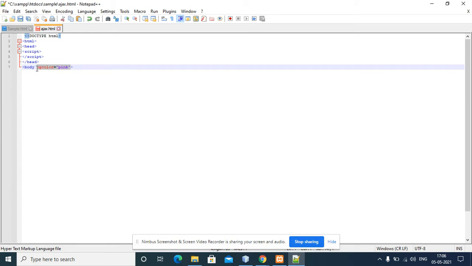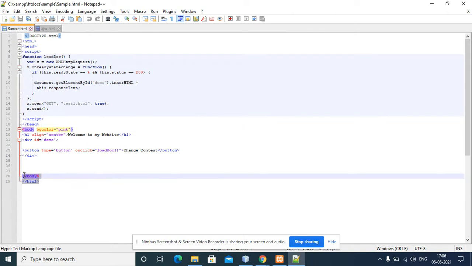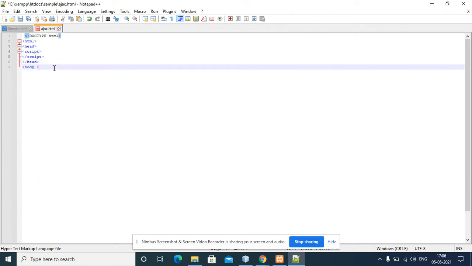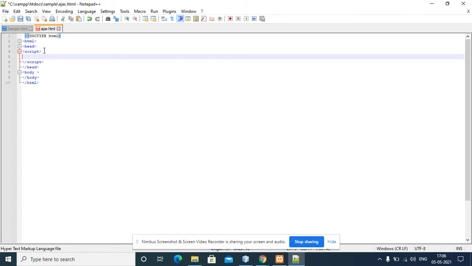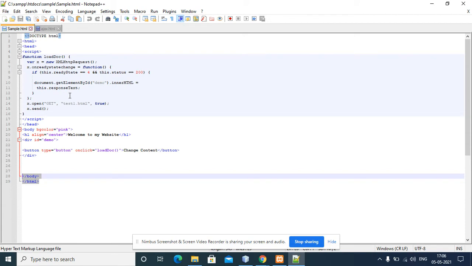This is a template type. So here in the head part, I include the script. We already saw this in the PPT in the classroom: we need to create a function here.